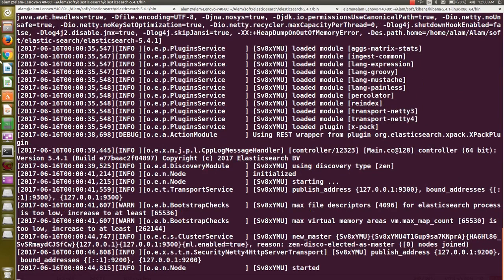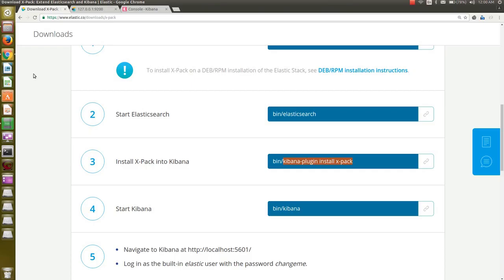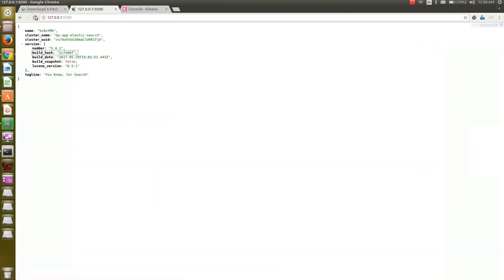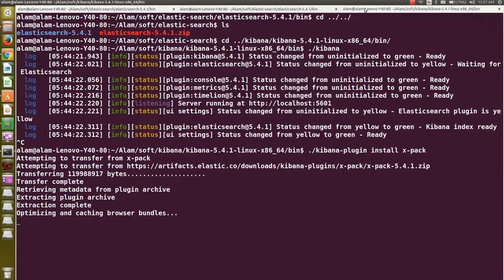It started. Here it's asking for username and password. The default username is elastic and the password is changeme. I'll save this for now. So this means your Elasticsearch is running like we demonstrated before.